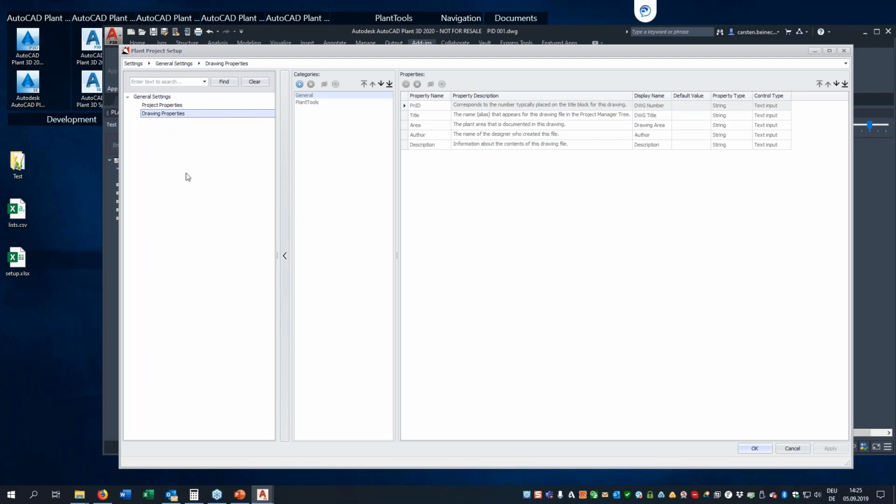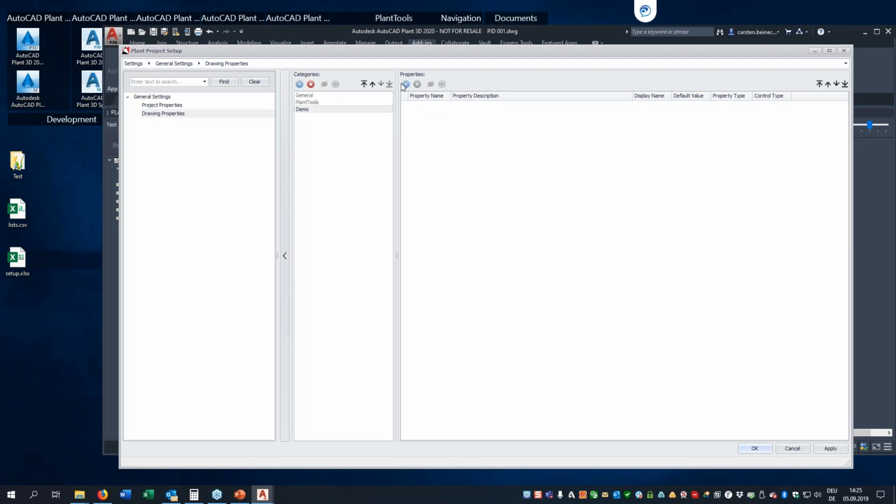We want to have, first of all, our PlantTools settings under here, but later on also all Plant3D settings, specifically, or most importantly, the P&ID and 3D classes. So what I want to do is create a new category for the drawing properties. Let's call them demo. And then I want to create two new properties. So frame size,